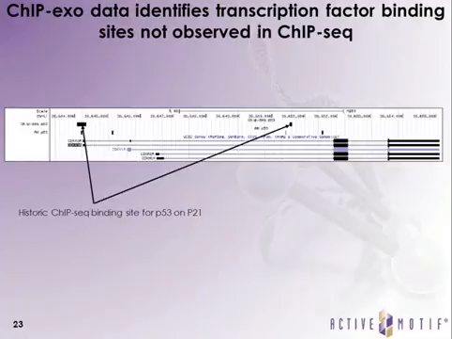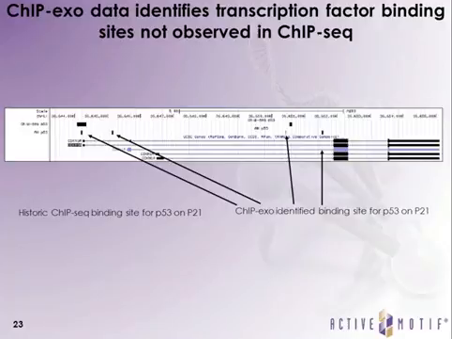When we use ChIP-Exo, we identified 4 binding sites repeatedly. The initial binding site we see here at the start matches up perfectly with the ChIP-Seq binding site, and we also identify this binding site, which is probably the same as this one. That's probably just due to differences in the resolution of the ChIP-Seq compared to the ChIP-Exo, but we also identify 2 novel binding sites within the P21 gene for P53 here and here, which indicates that one can use ChIP-Exo